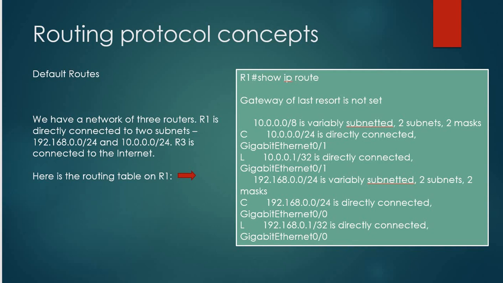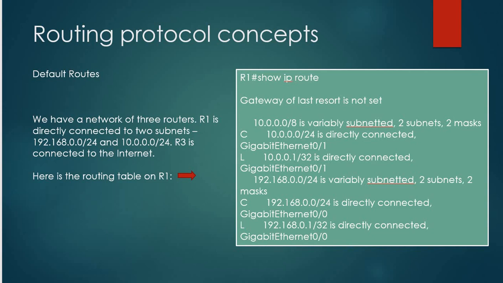Here is the routing table of R1. I copied this from the internet, so there is some mistake in the slash route. The /8, 10.0.0.0, is a variable subnet. If we take out the IP routes in this R1,